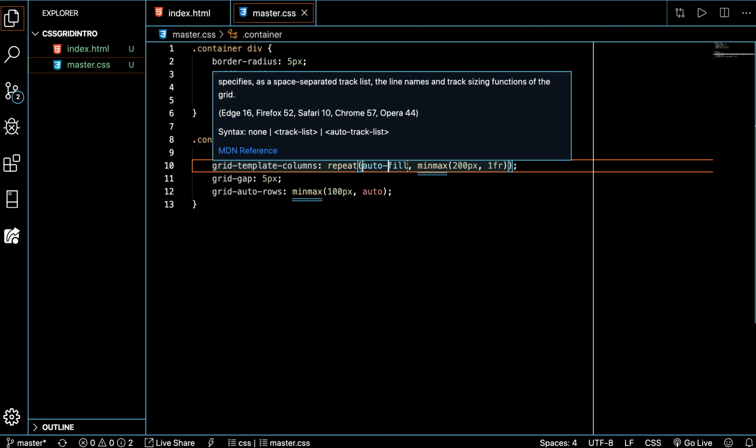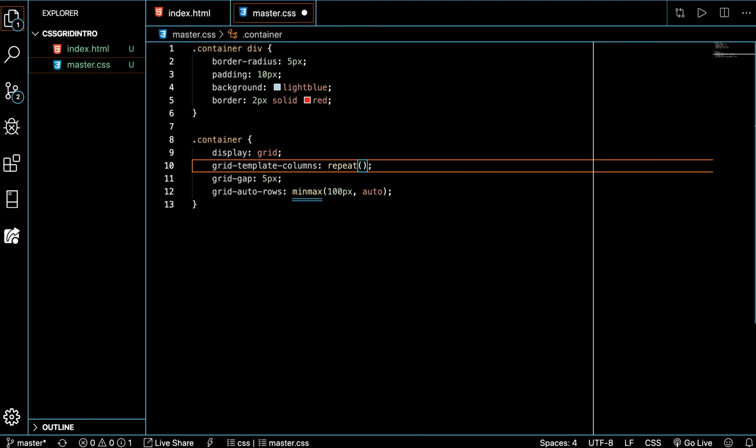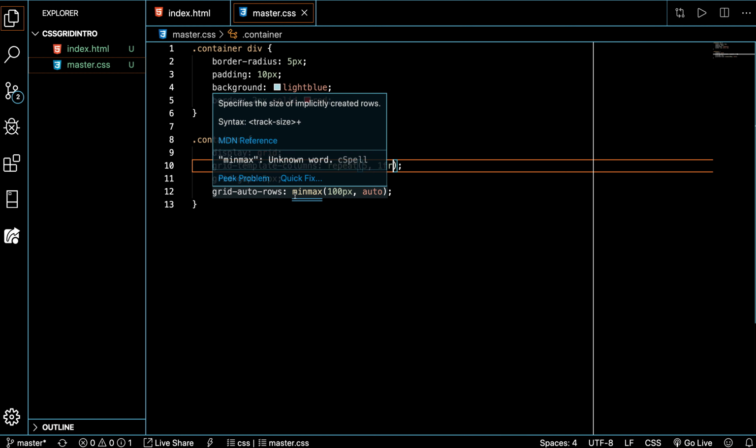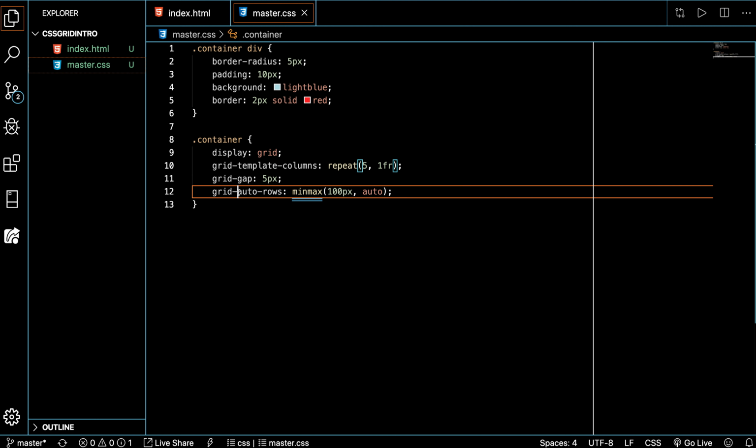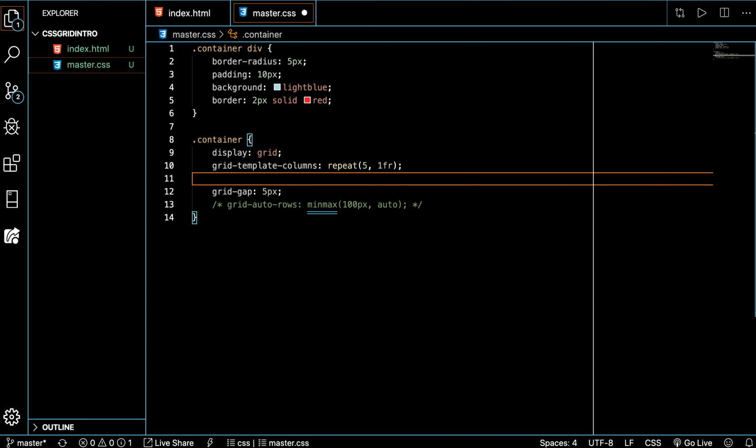Okay, so if I want to have 5 equal columns, what can I put inside of this repeat? Sorry? Starts with a 5, yeah. 1 FR, right? This is going to give me the fractions. Okay, and so let's also give us 5 rows. So instead of having grid auto rows, get rid of that for now. I'm going to use the same style that I used for our columns. So I can say grid